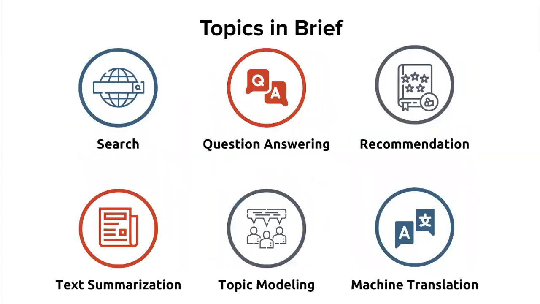So far in this section, we've been talking about individual tasks in detail. The last chapter in this section of the book is called Topics in Brief, where we talk about a whole range of other NLP tasks, some of which are whole complete areas in themselves, like search, information retrieval, which is an entire area in itself, or recommendation systems, even machine translation. So we don't dedicate full chapters for these things, but we take a bunch of these other tasks and show some available solutions and talk about some practical advice.